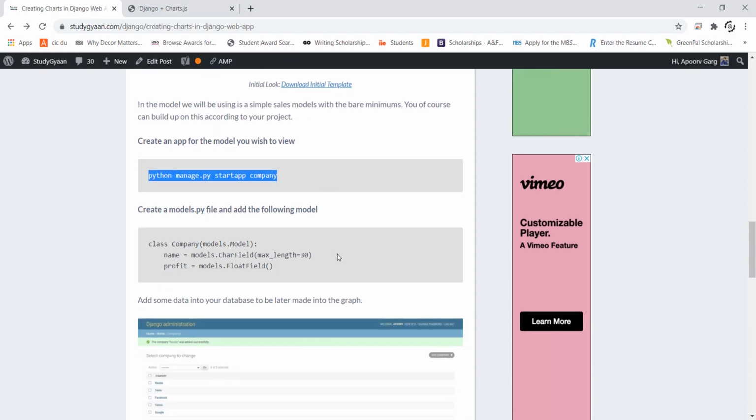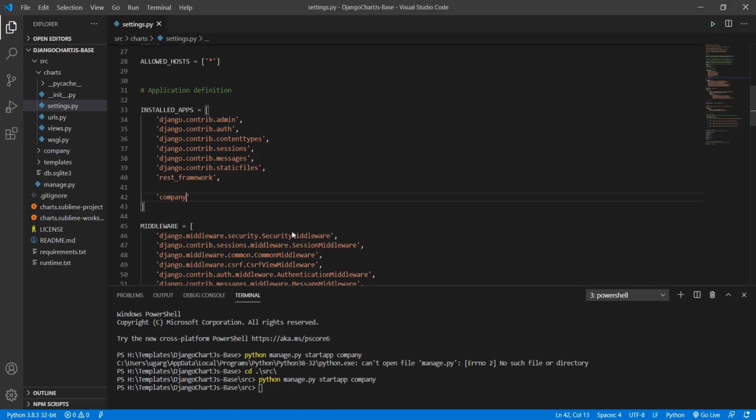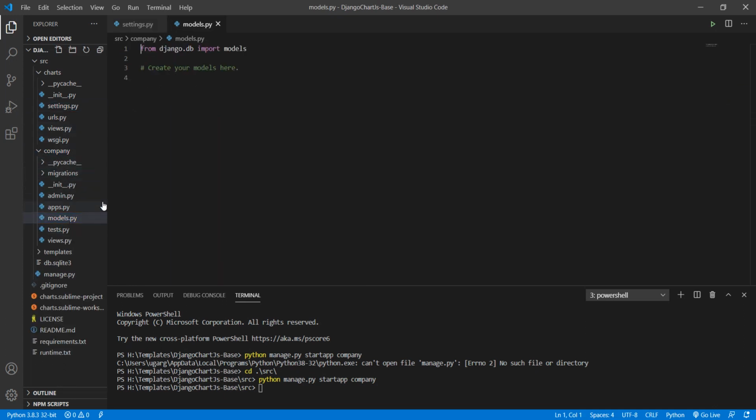Now, what I have to do is create this model in the models.py file of the app that I have created. For this, I will simply go to the required file and paste the code.